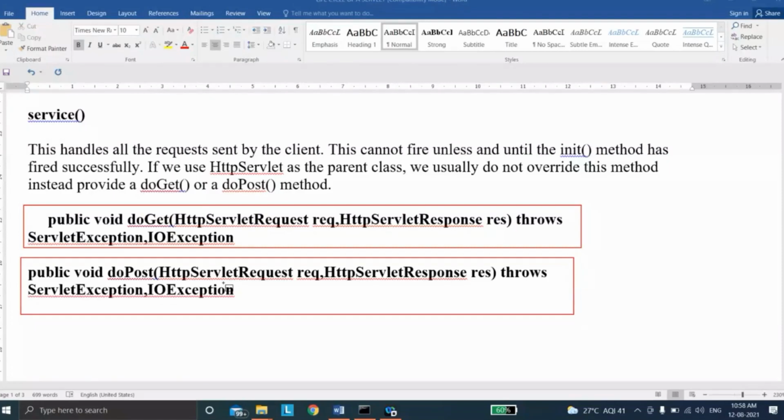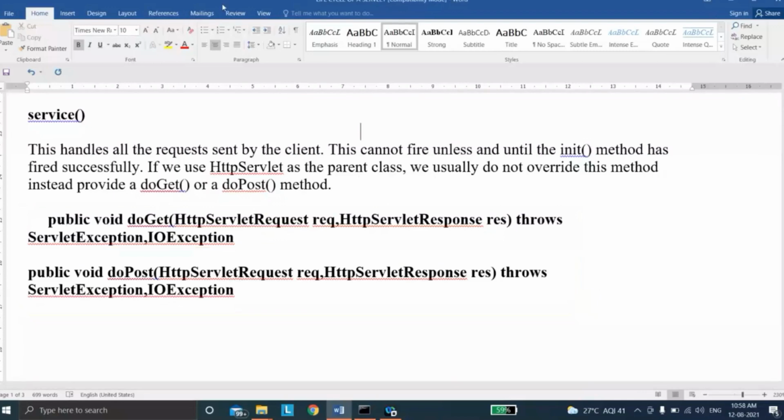If I want to use doGet or doPost, I have to implement or I have to extend the class called HttpServlet. Now when you look into this particular class, when you look into this particular method doGet,